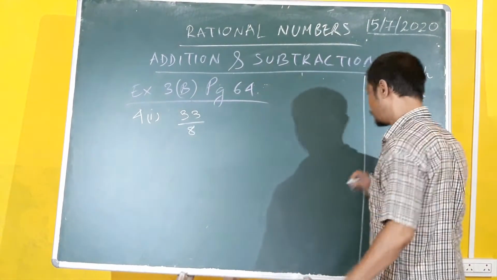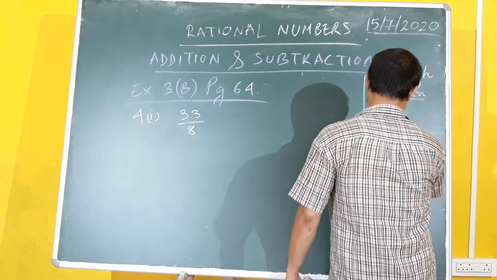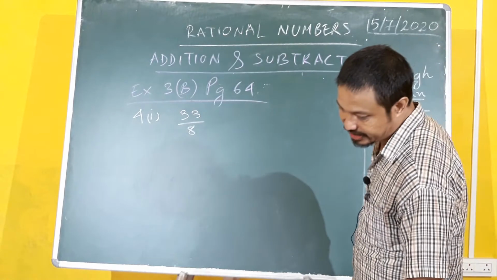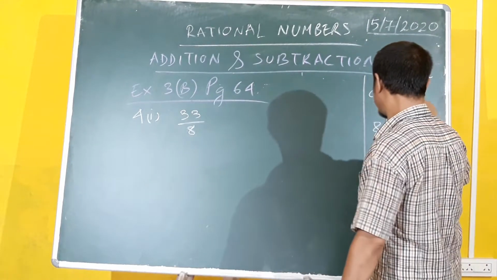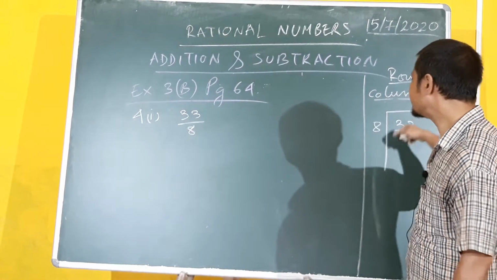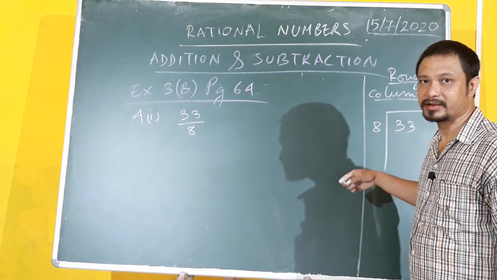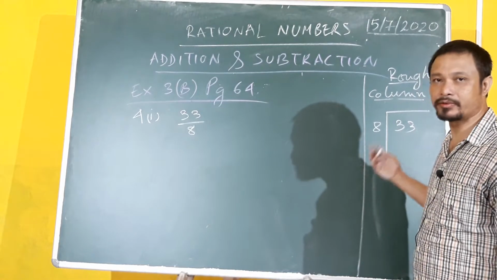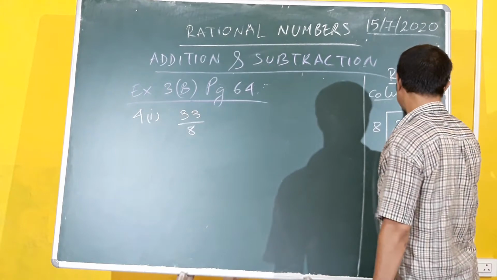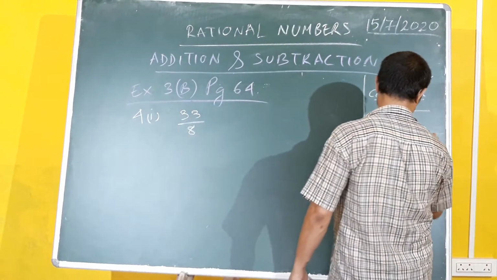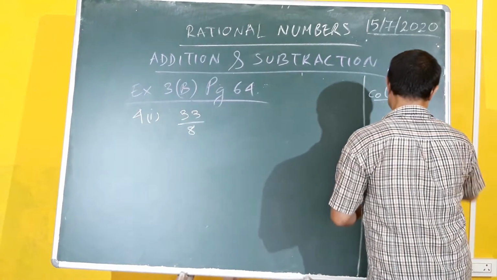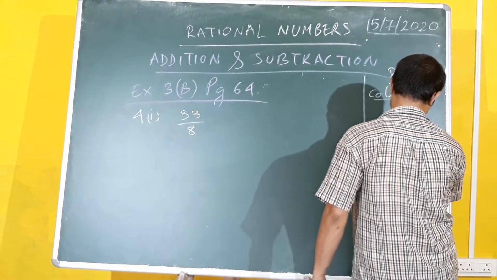So what do we do? You divide 33 by 8. Okay. So what do we get? Will 8 completely divide 33? No, it's not possible. So the nearest number, smaller than or equal to 33, is 8 fours are 32. That's why I tell you, children, your tables. I was stressing on the point.